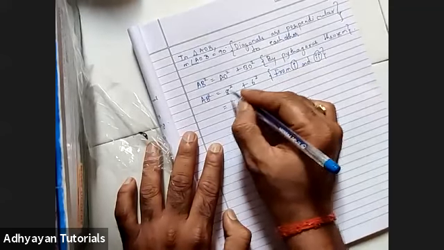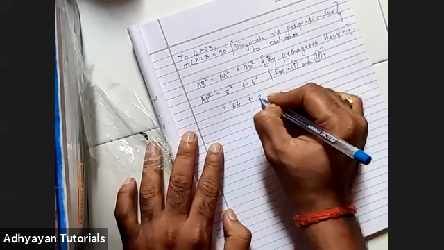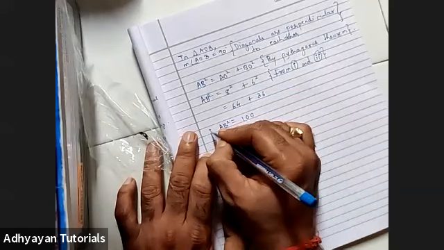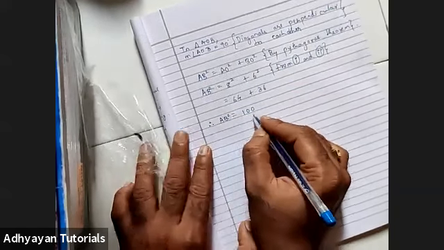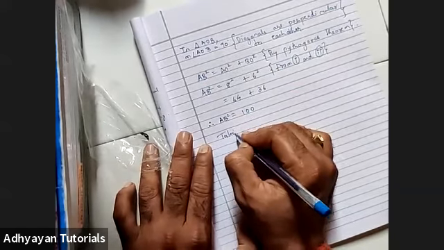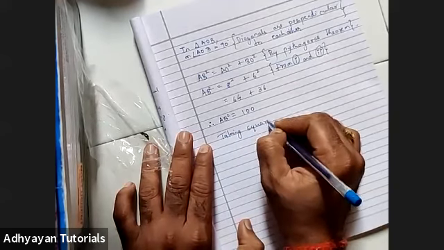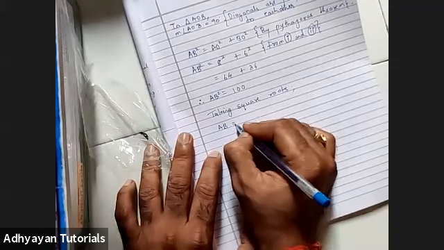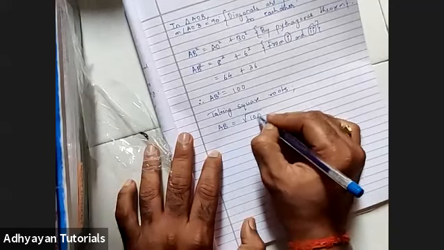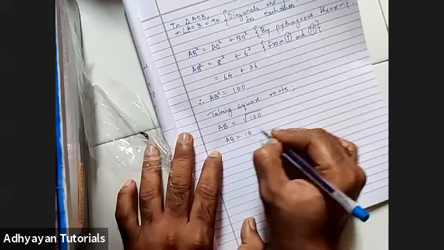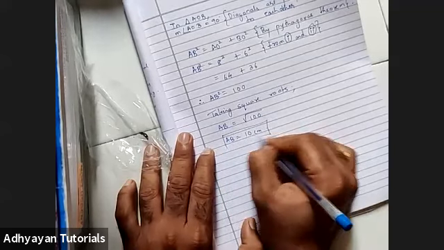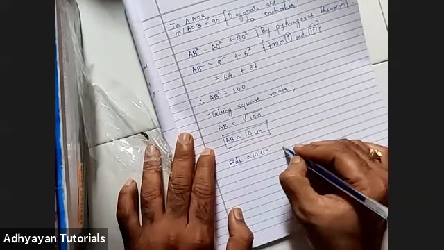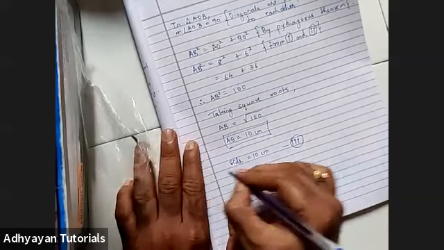Right? So what is 8 square? 64. What is 6 square? 36. When you add those, the answer is 100. So children, what we can state is AB square is equals to 100, taking square root on both the sides. Right? What we have is AB is equals to root of 100, and that is nothing but AB is equals to 10 centimeter. Now that is nothing but this side of the rhombus which was asked in the question. I mark that as equation 3.